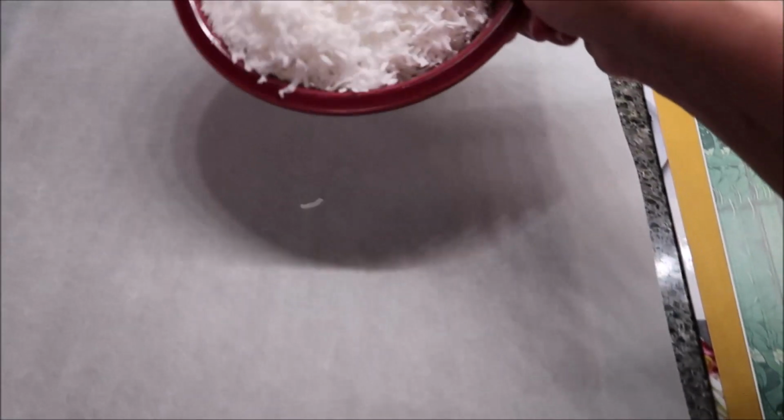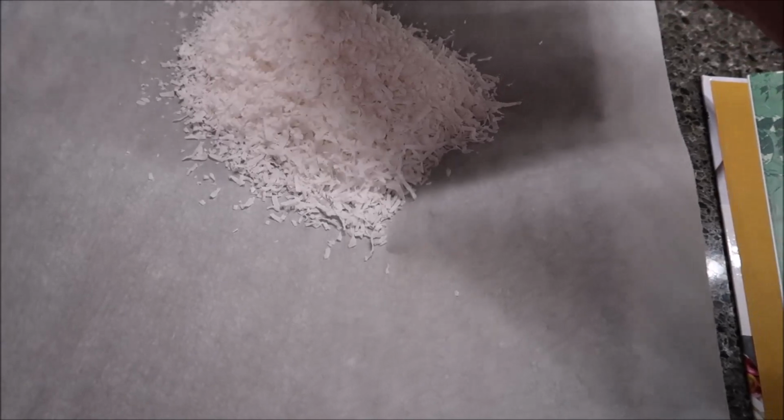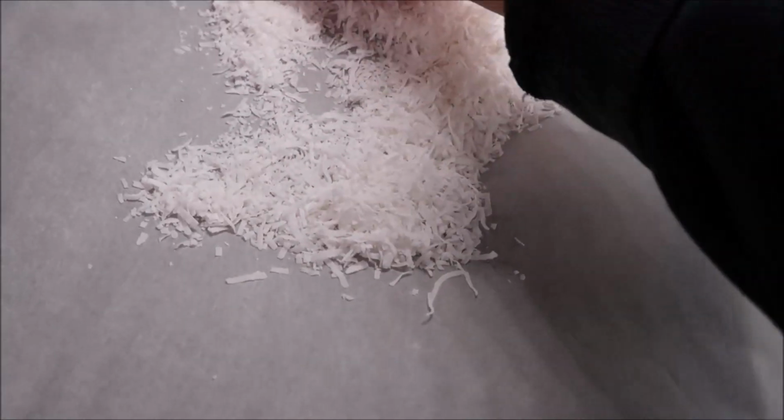So you're going to heat your oven to 350 degrees, and I have a cookie sheet here, and I put a piece of parchment paper on it. The directions don't say to do that, but I did it so that I don't have to worry about cleaning my pan. So you want to spread, it says half, which you would have to measure to be perfectly half,